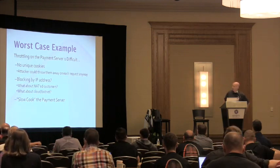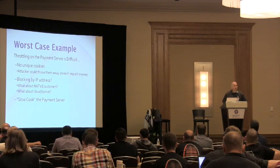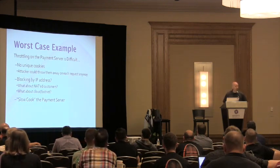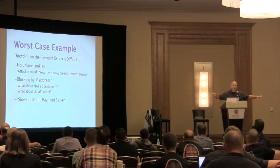What about bad guys smart enough to get a cloud or a botnet that does the equivalent of Bitcoin mining, right? You just hammer at the service from different points. They all have different potential